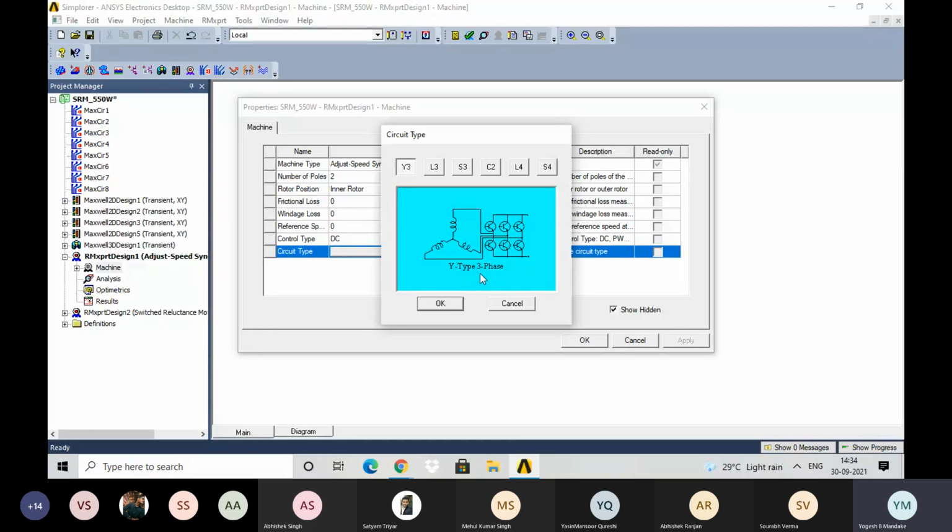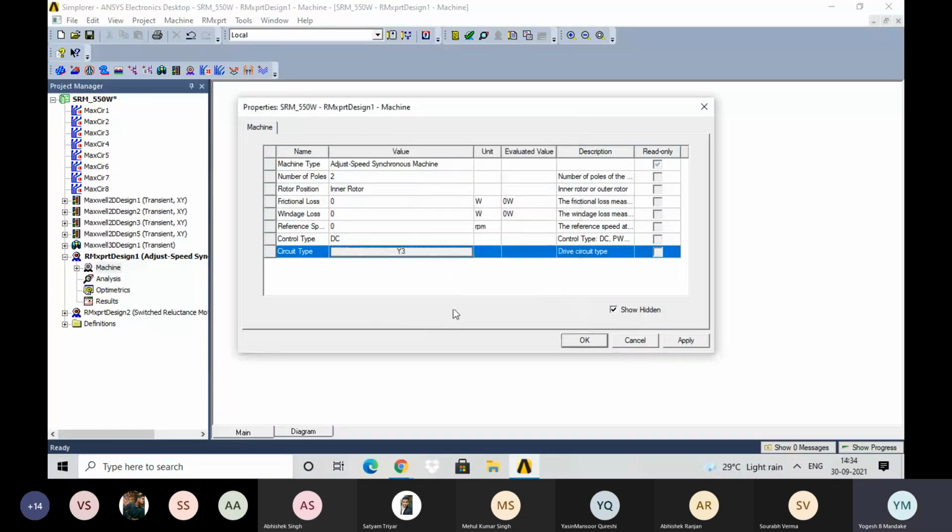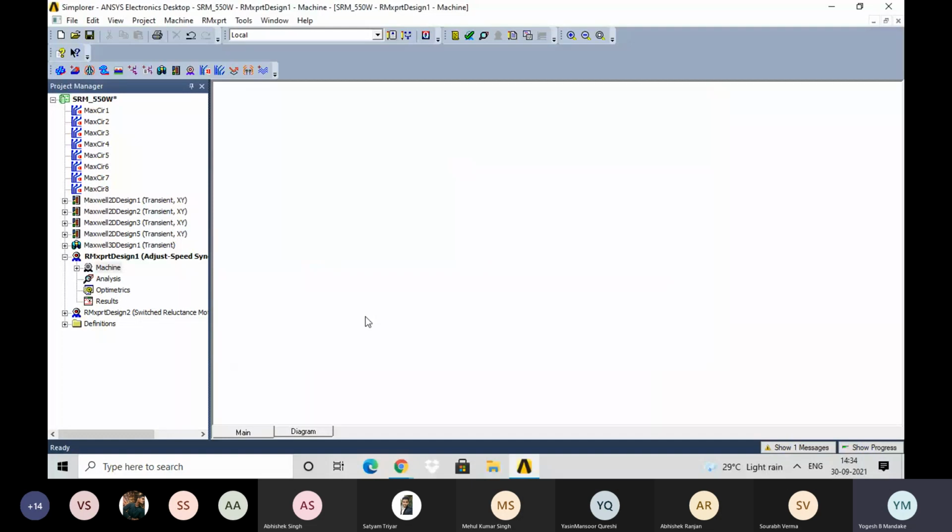We can select the circuit type from among the available list. Okay, then drive circuit type, if you want to check, you can check, otherwise you can uncheck here. Then once you give all the inputs, you can press apply, so that all the inputs which you have given will be applied for your design.